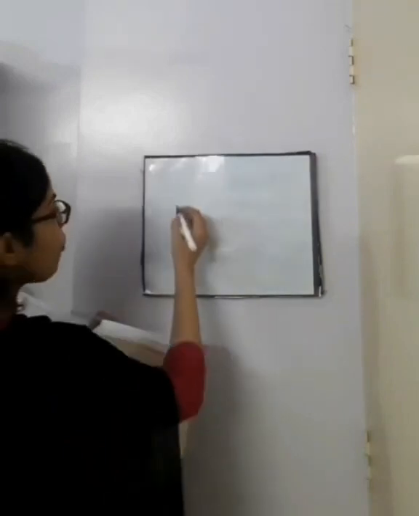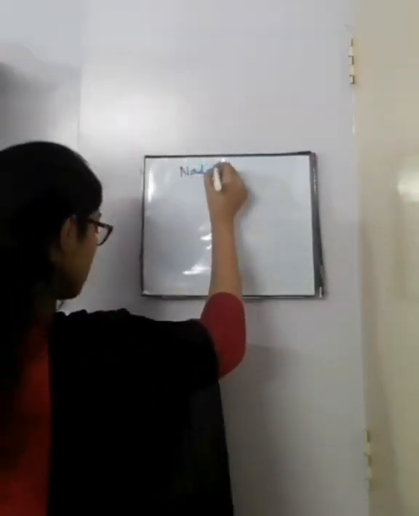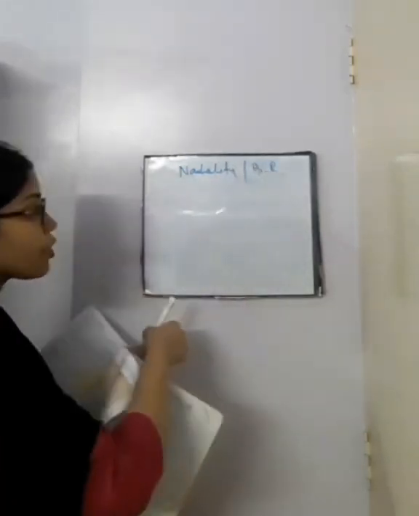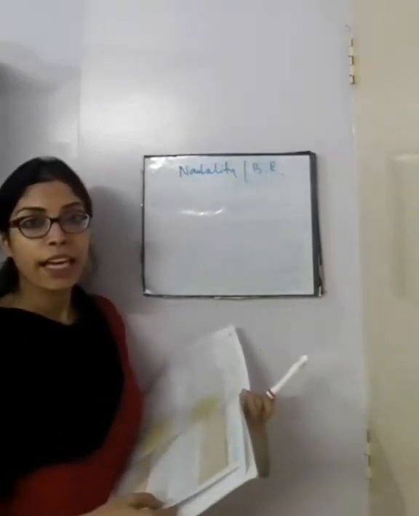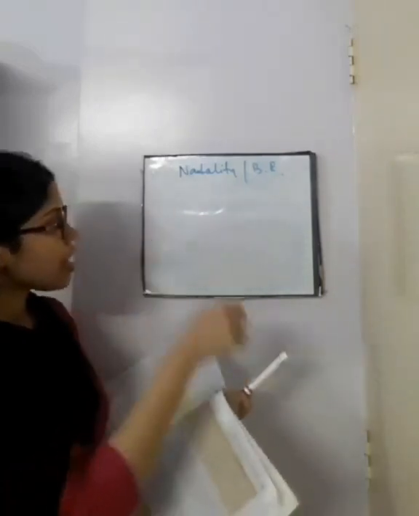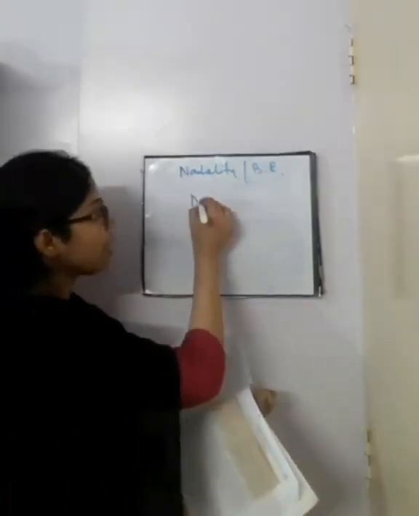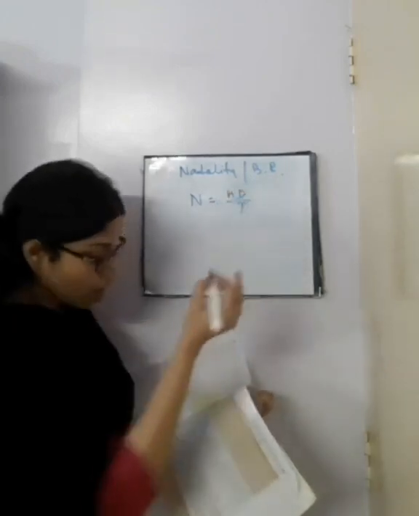The other population attribute that we have is natality or birth rate, meaning the rate at which new births are taking place in the population. This natality or birth rate can be expressed by the formula capital N equals small nd by t, where